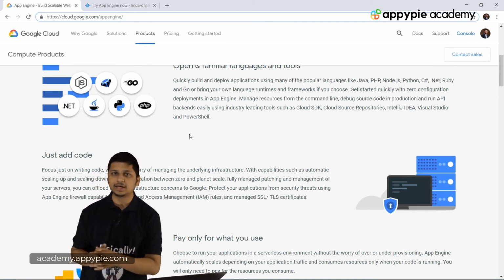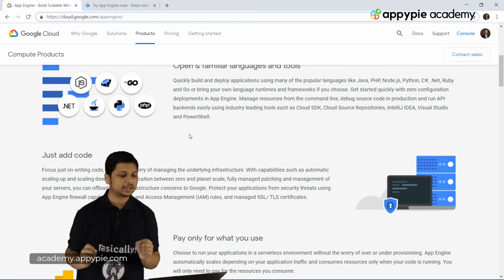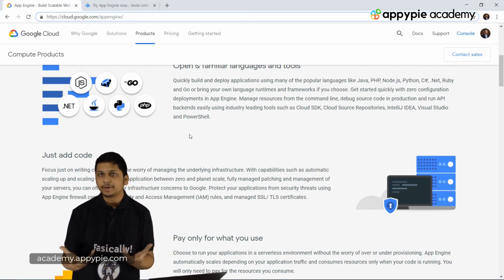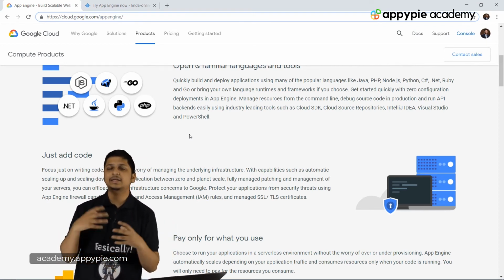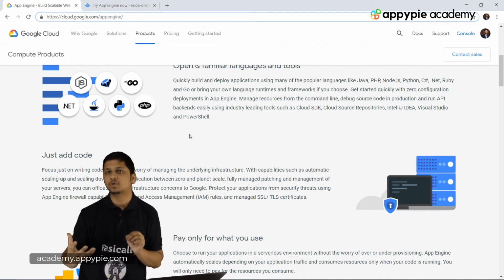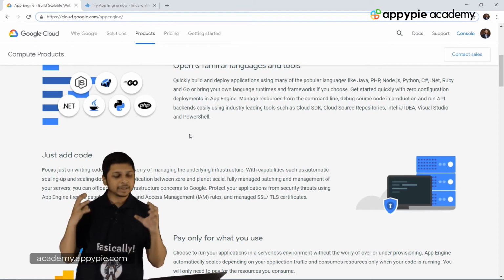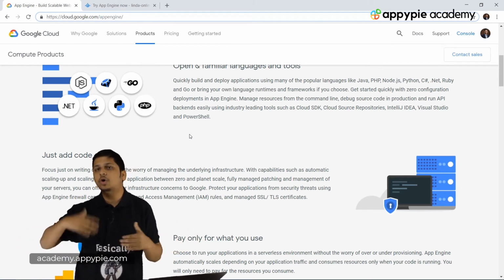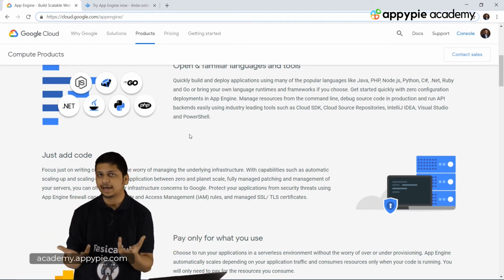So in this case, if Udemy were using Google Cloud App Engine, then dynamically the resources or the hardware assigned to that code base or app is increased to accommodate the greater user intake.